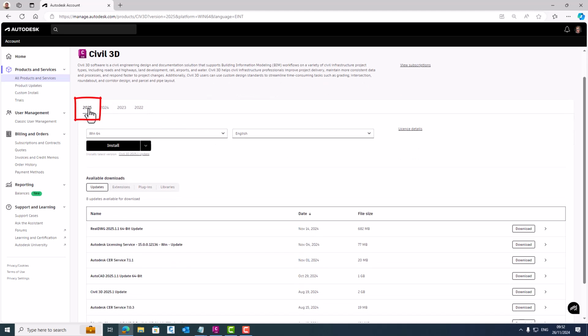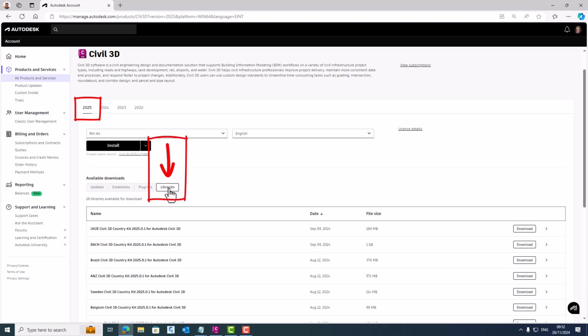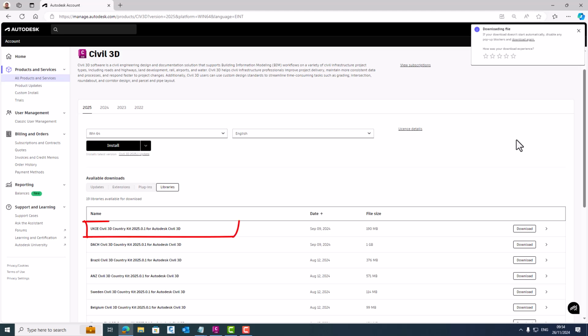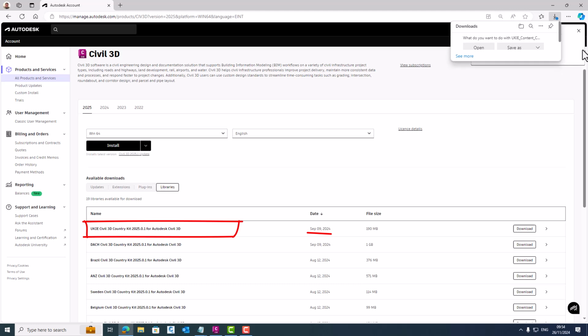Now, you're not out of the woods yet because it's not listed under Updates. It's actually listed under Libraries. So click here. The one I'm downloading is actually the September version. The only reason the September one is shown is because it's currently November and the new version hasn't been published